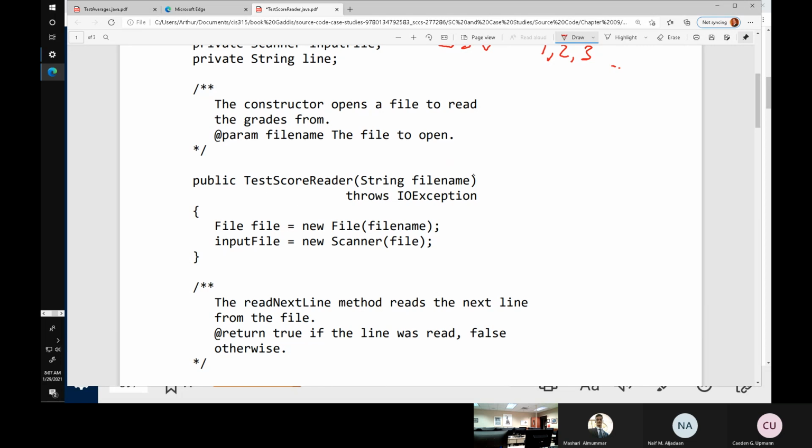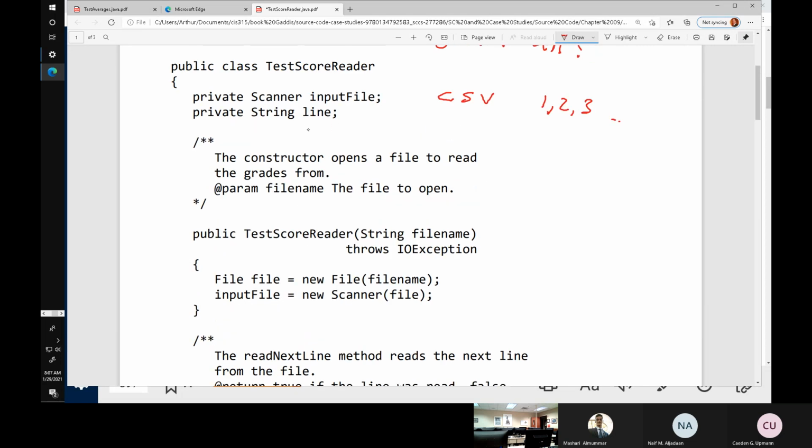Okay, so here is the constructor. He put some comments in there. There's our constructor. It takes a file name, so the file that's going to be read. Now, one question I have in mind, does that need to be the full path? Where is this file going to reside? This is something that happens if we write this in Eclipse. If we just have the name of a file like data.txt or something,